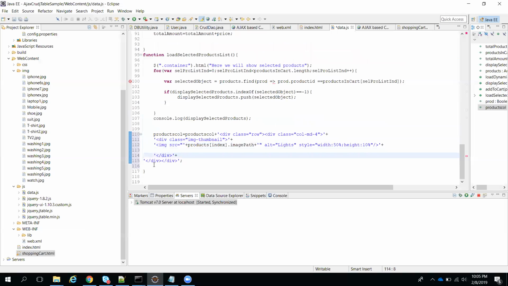This div is closed here. This div, how many divs? So this is for row, this is for column. Okay, that is fine.